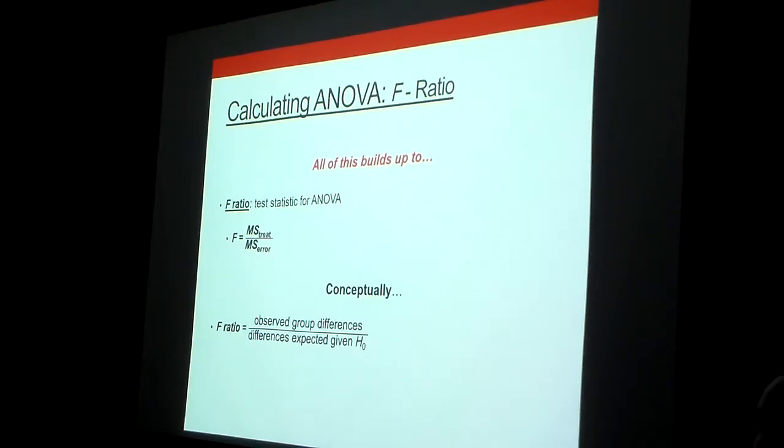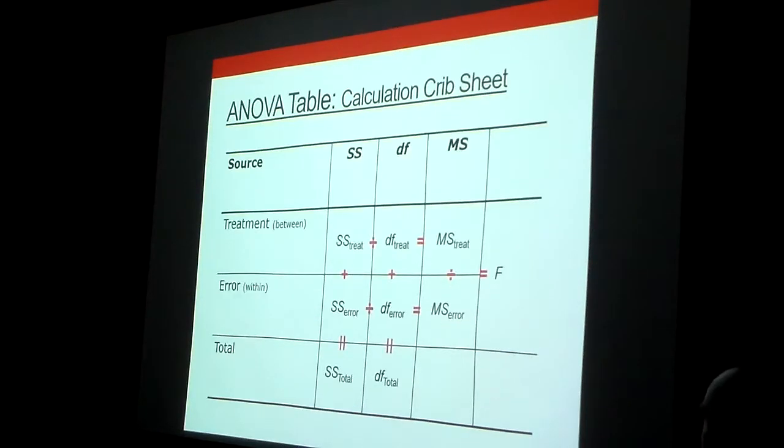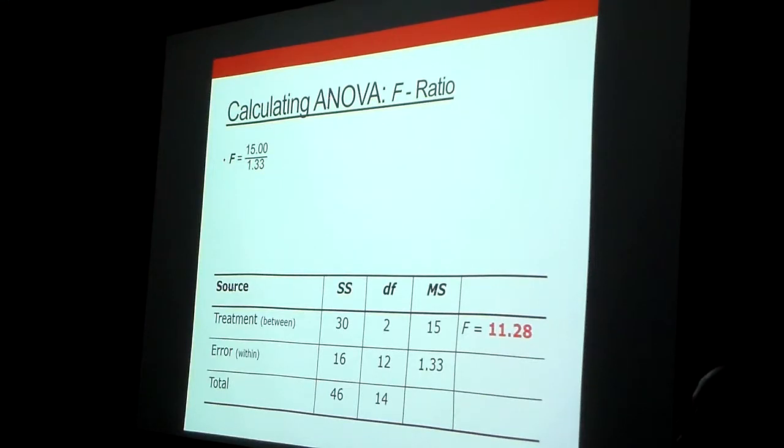If it doesn't, if we see systematic differences across these groups, we're gonna get systematic differences plus random error over the top of random error, and we're gonna get an F statistic that exceeds 1. So our F ratio here, 15 divided by 1.33, gives us our F statistic, okay? And that was anticlimactic. I think that's all there is on this slide. Okay. So people see how we calculated this